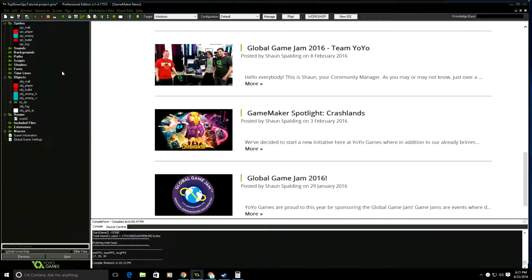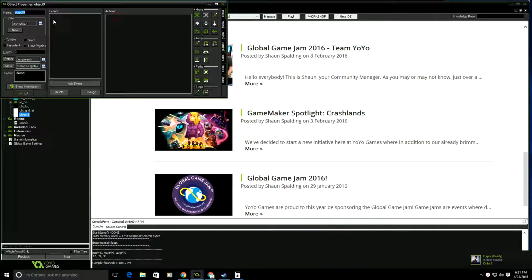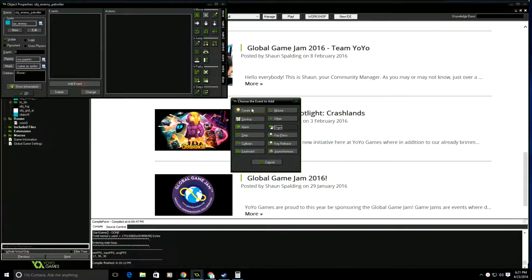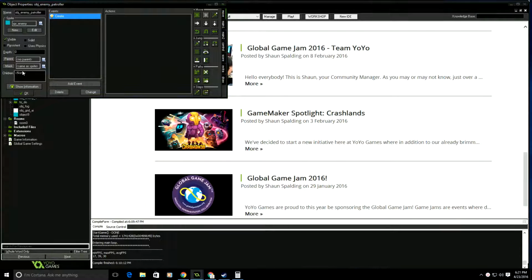All right, let's look at creating the enemy that's going to follow the paths, find our player. It's just going to patrol the hallways, and when it sees the player, it's going to chase towards them, obviously reducing their life. So let's go ahead and add an object, enemy patroller. And I'll use the enemy sprite for now. I'm going to add a create event,